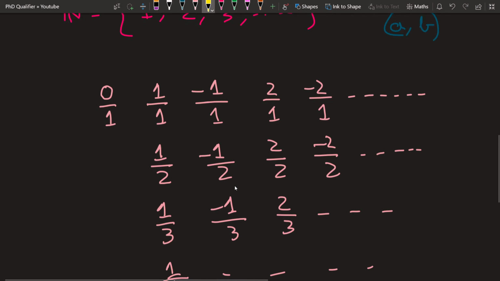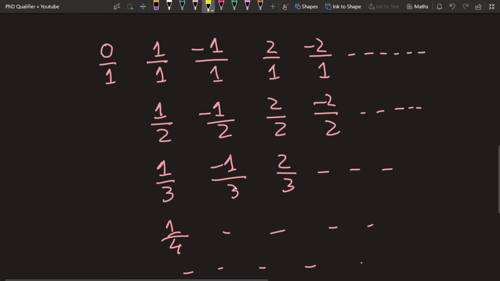So we'll keep on labeling these rational numbers using the natural numbers. So this is the 1. We move this way, it's 2. We move this way, it's 3. Then we'll continue the spiral, the zigzag pattern. This is the 4,